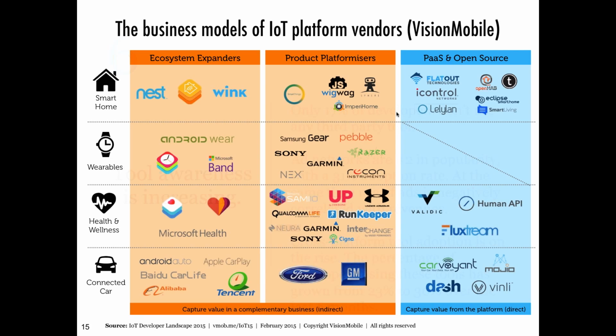You would see that, for example, Android Auto and Apple CarPlay have phenomenally different developer mindshare to MirrorLink, which is a car manufacturer standard. And also you would see that companies coming from established ecosystems like Google with Android Wear and Microsoft with Microsoft Health and Band and Nest with Google support and so on have phenomenally greater mindshare and developer traction than anything else which is trying to create an ecosystem on its own.